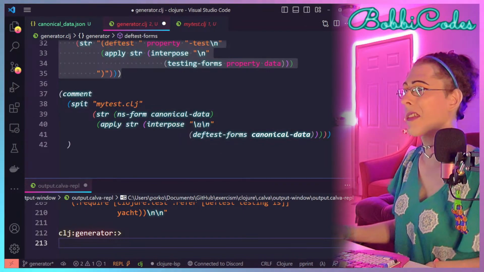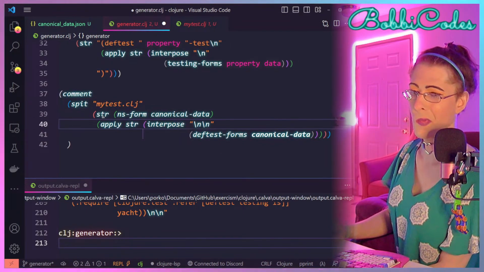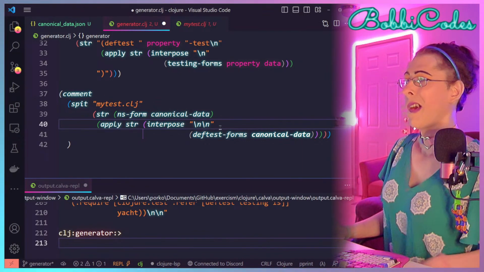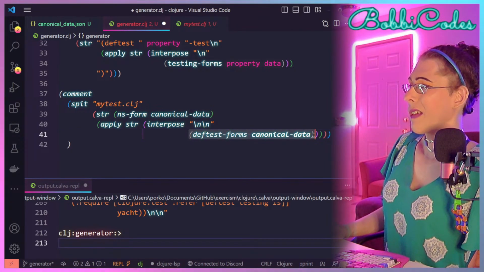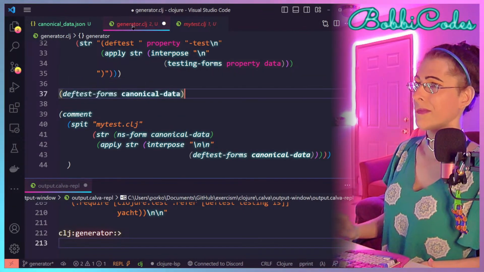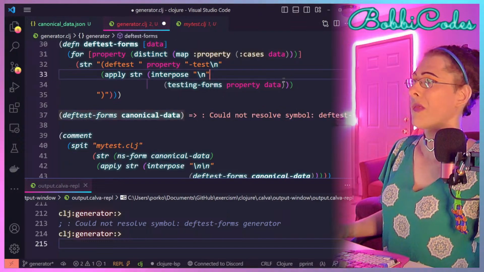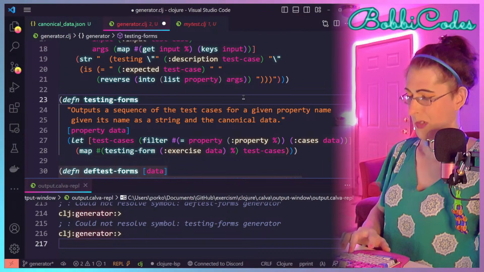And so, yeah, that's pretty simple. Way simpler than what I was trying to do before. So if we do def test forms, canonical data, we get def test forms, testing forms.